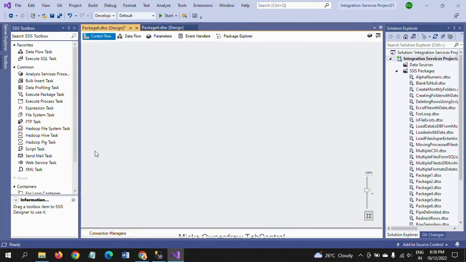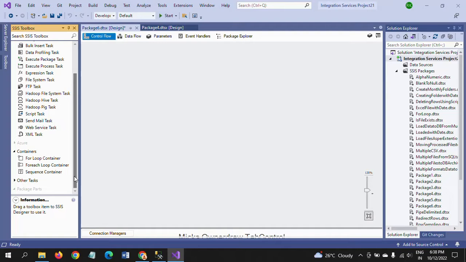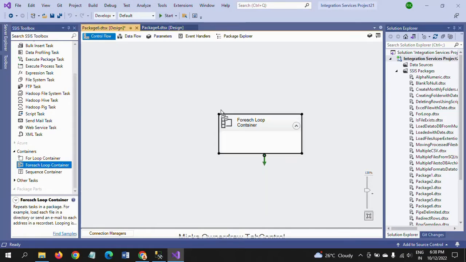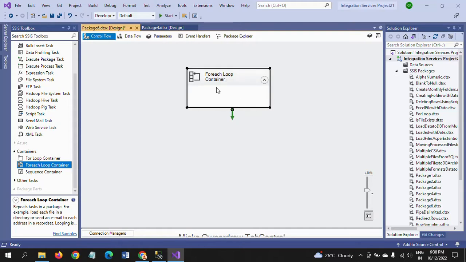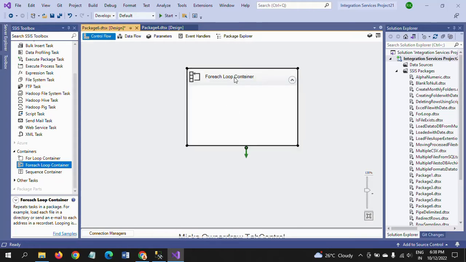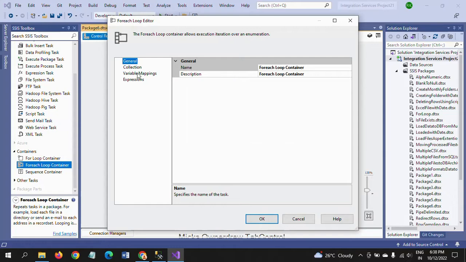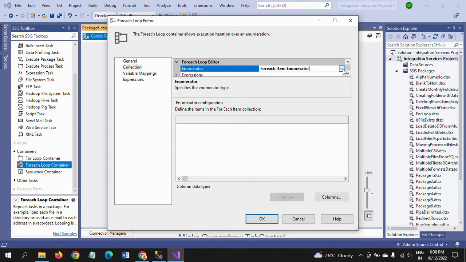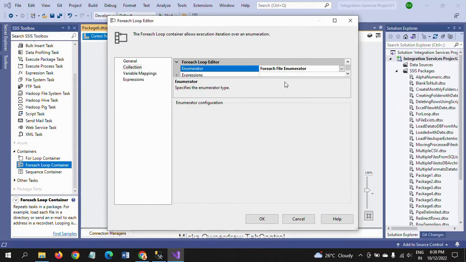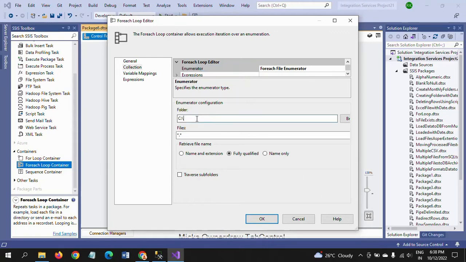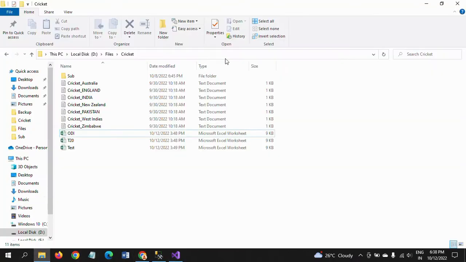If you want to load multiple CSV files, text files, Excel files, whatever it may be, for any repetitive task, we use the for each loop container to execute the repetitive task from the variables. So I am taking the for each loop container and now configuring it. Going to collection, I change the enumerator to file enumerator, and in folder I take the path of this folder